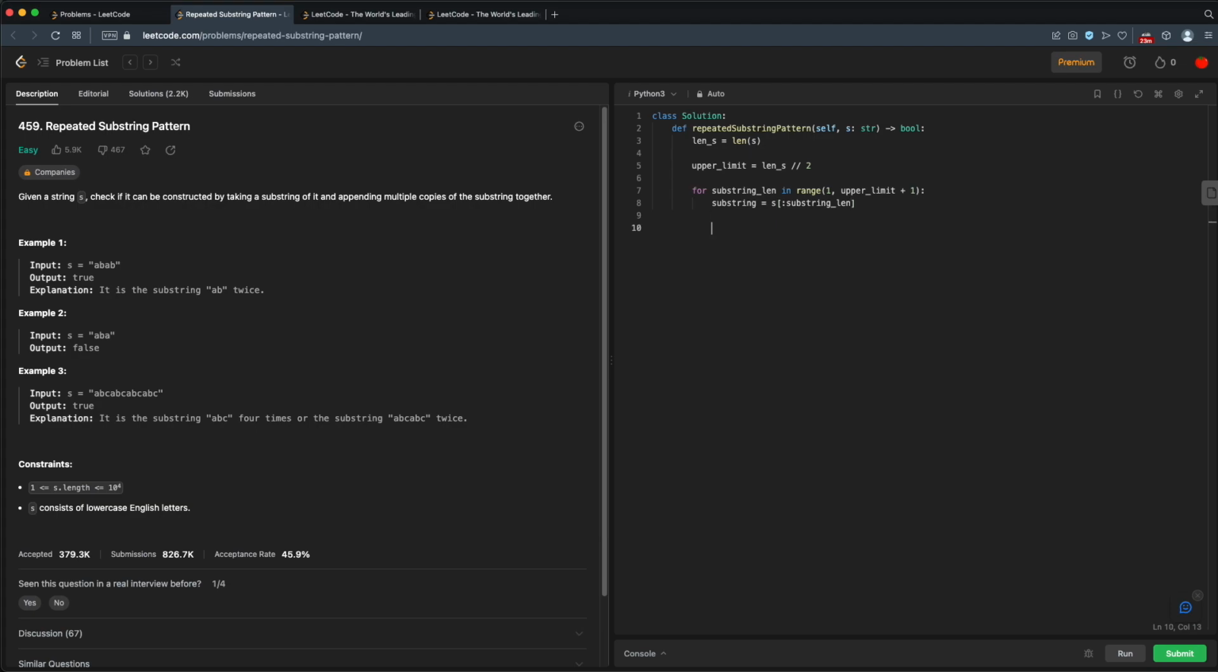Next, we need to figure out how many of these substrings we'll need to put together to create one of our S's here. So let's see. Well, I know the length of S, and I know the length of my substring. So I have my multiplier. That's just the length of my S, and that's an integer divide by my substring length. I'll just copy and paste this. All right, so that's going to tell me how many of these substrings I need to put together to create